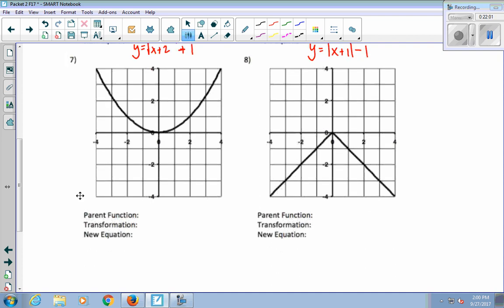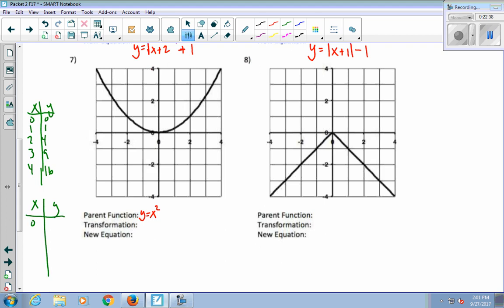All right, 7. This looks like y equals x squared as the parent. It's got the general U shape of x squared. My origin is still at 0, 0, so I don't think that the transformation here is a shift. It's something else. So usually it might be helpful if I make myself a little XY chart. For x squared, I would have 0, 0, 1, 1, 2, 4, 3, 9, 4, 16, right? But what I actually have